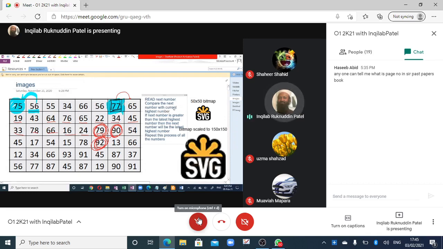The same logic will be used to find the lowest number. We start reading. We will assume that the first number is the lowest number.